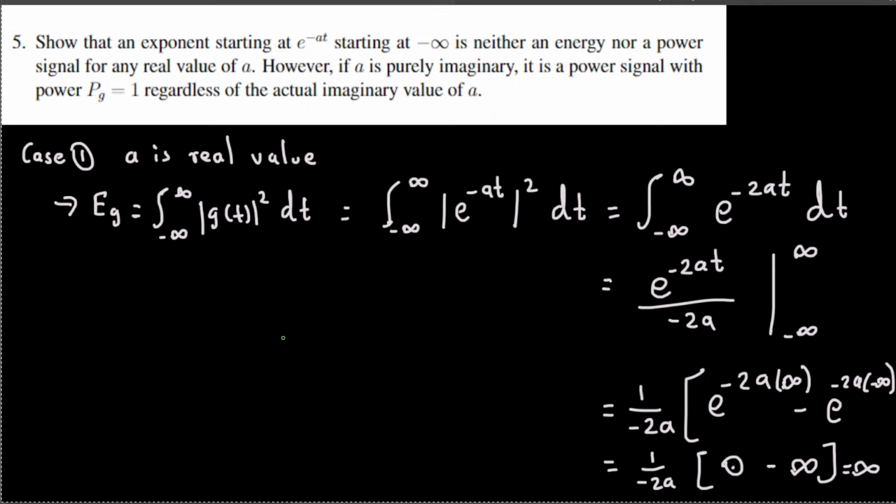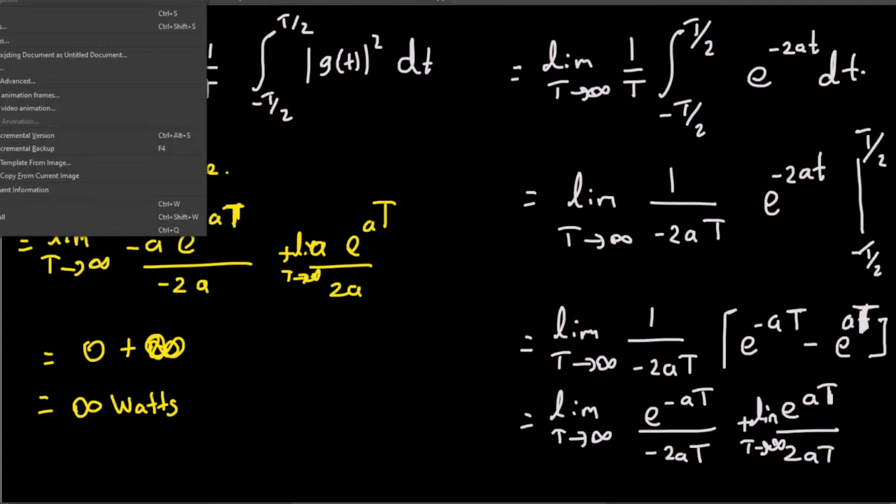And the second part is saying that, however, if A is purely imaginary, it is a power signal with power Pg equal to 1 regardless of the actual imaginary value of A. Okay, so we have to prove this one as well. If it's imaginary, what will happen to the power? Let's see that. Okay, case 2, A is imaginary value,